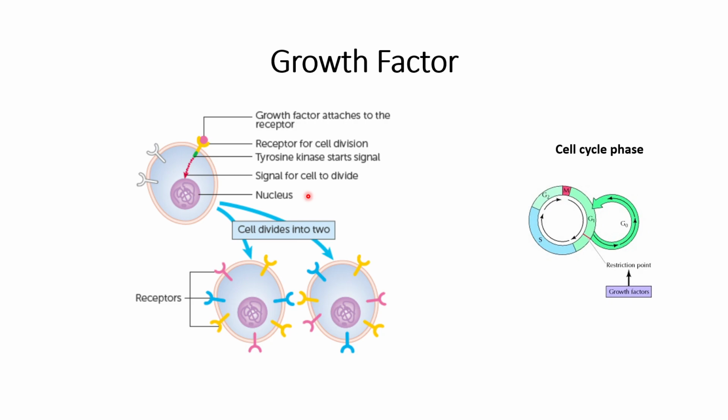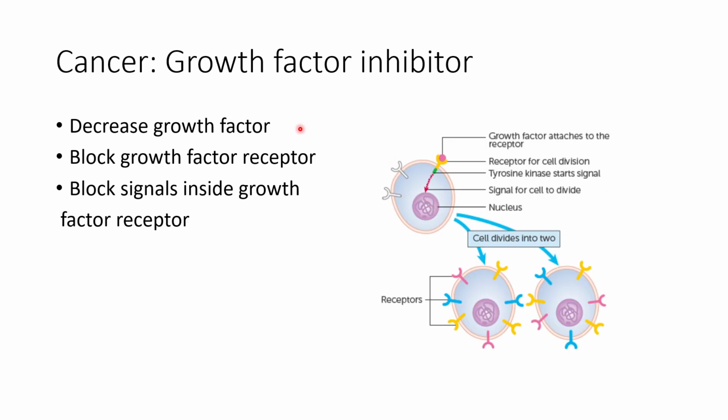And as we know, one of the important properties of the cancer cell is to replicate fast. So in order to do so, this growth factor plays an important role. As we have discussed in previous videos, some of the cancers produce their growth factor on their own, whereas some of the cancer cells reduce the requirement of growth factor, so that the growth factor does not become a limiting factor in their uncontrolled growth. However, researchers have found a few ways in order to control this cancer cell growth, and one of these strategies